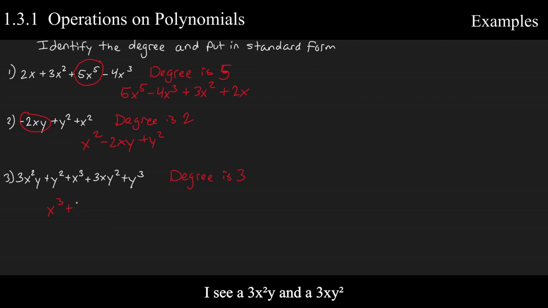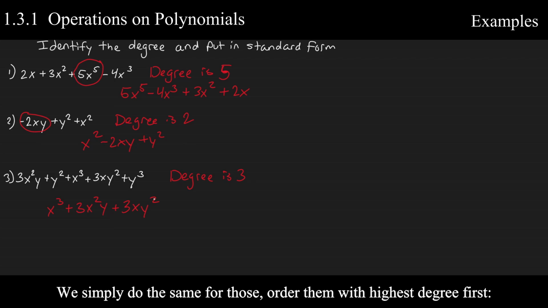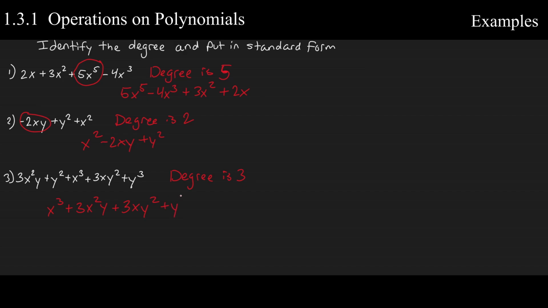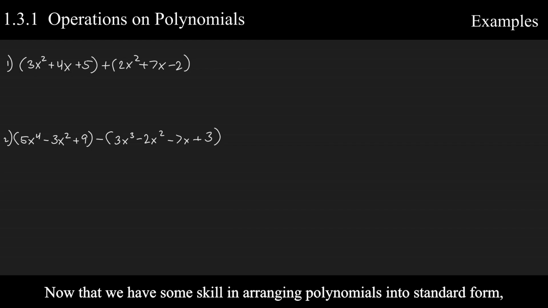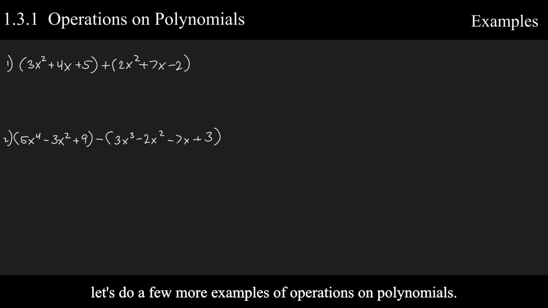I see a 3x squared y and a 3xy squared. Now we have 2 terms left in y. We simply do the same thing for those, all of them with the highest degree first, plus y cubed plus y squared. Now that we have some skill in arranging polynomials into standard form, let's do a few more examples